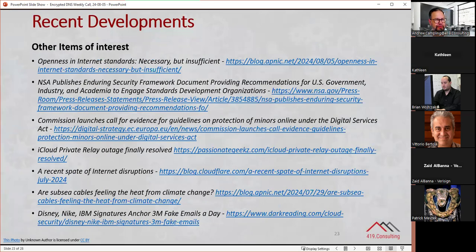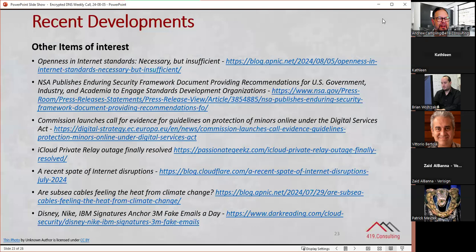And there's a whole bunch of other things, which I won't go through in detail, but I'll maybe mention the one at the top of the list there. Mark Nottingham has published a blog on APNIC, openness in internet standards, necessary but insufficient.